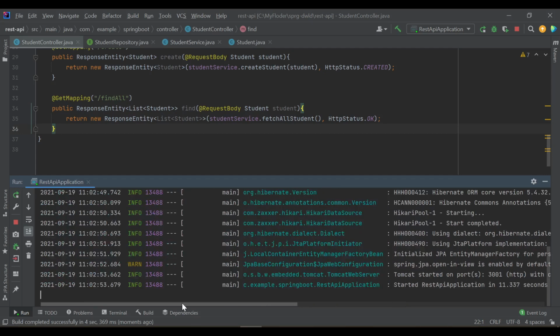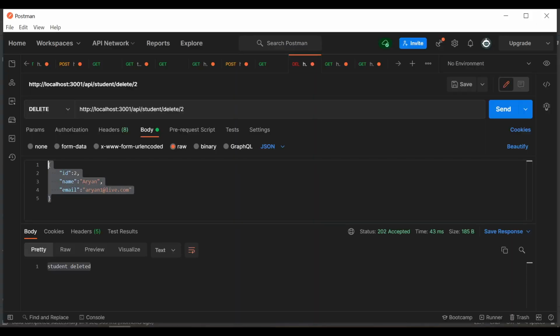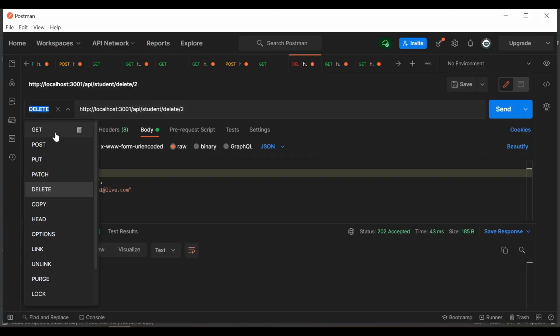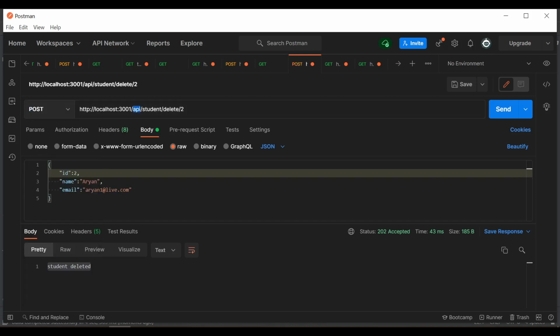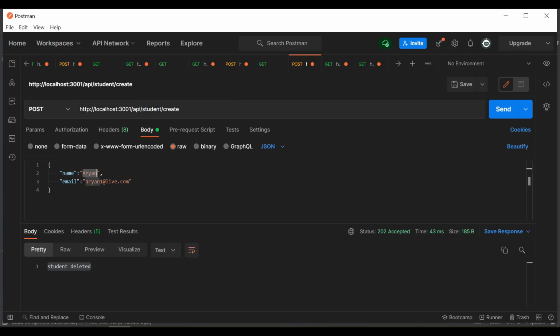Okay, this application has already started. So let's use this route. So our application is /API/student and this create, right? We don't need this ID. So I will use my name Abhishek and Abhishek, right?